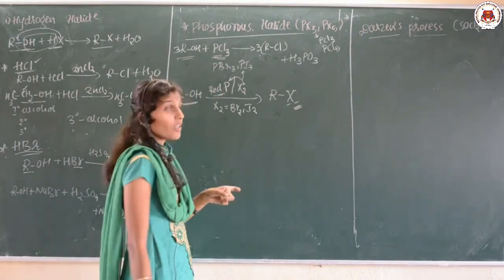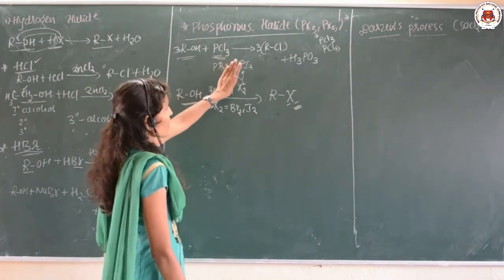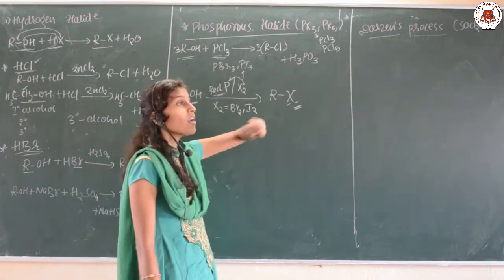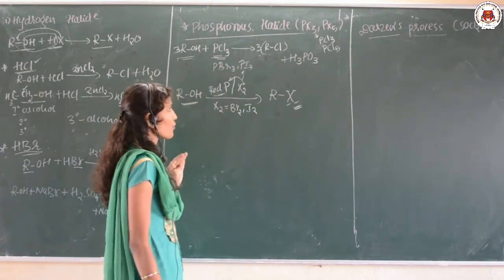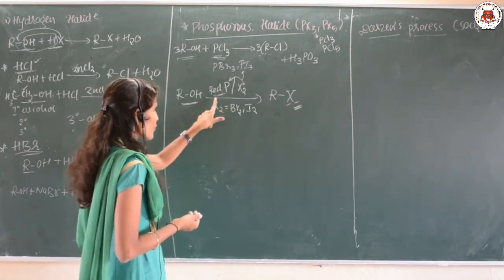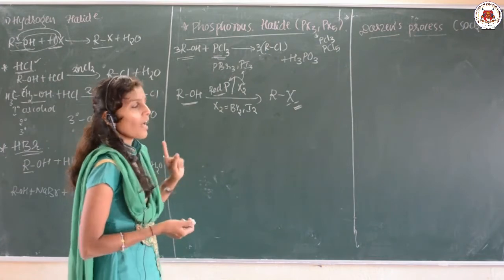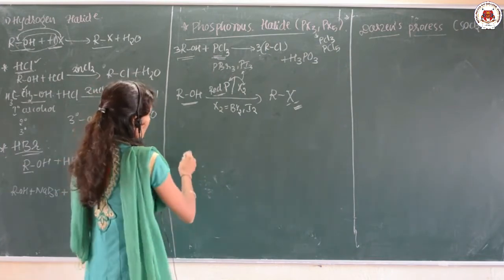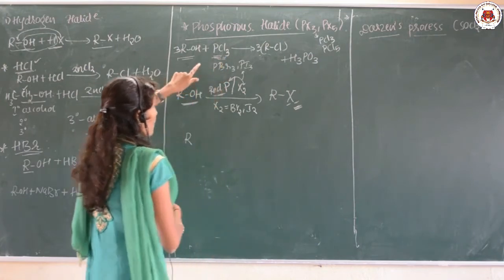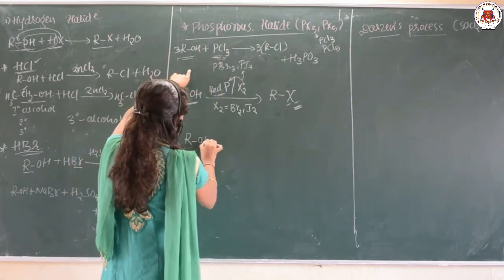Okay. So, if PCl3 is directly available, that is no problem, we are going to get the RCl type of compound, but PBr3 and PI3 are not available. In order to get such types of compounds, we want to take red phosphorus with the halogen. Okay. So, if I am taking PCl5 instead of PCl3,